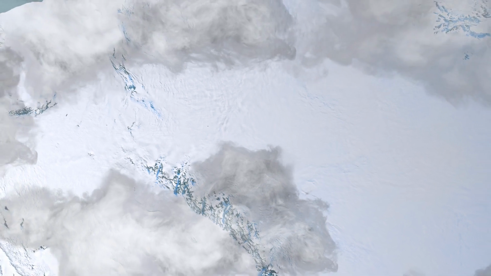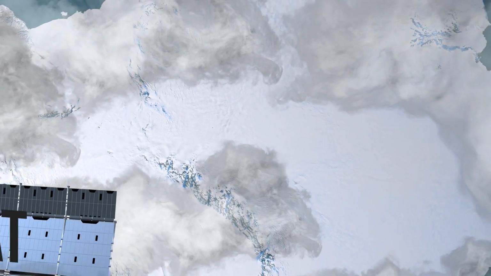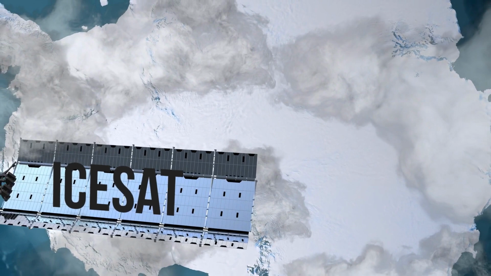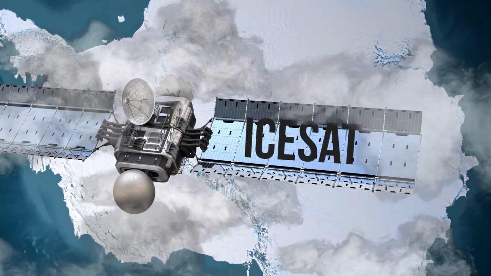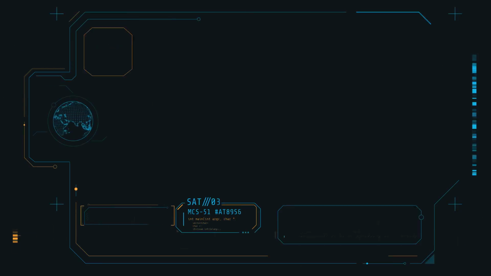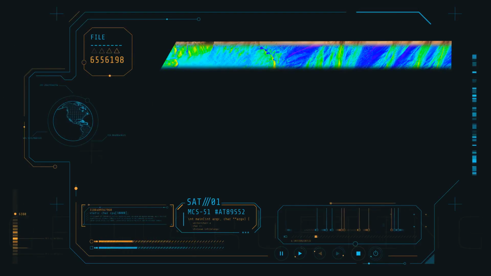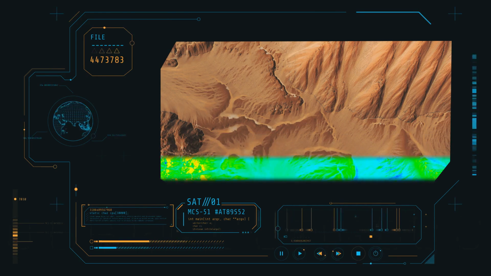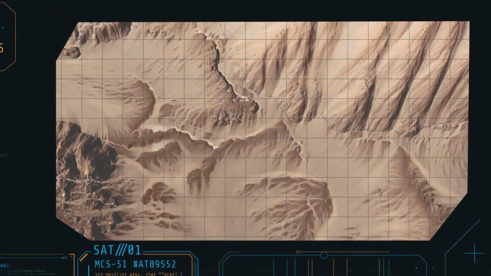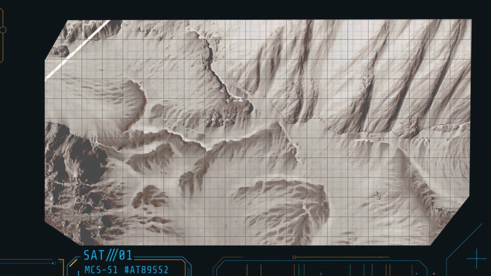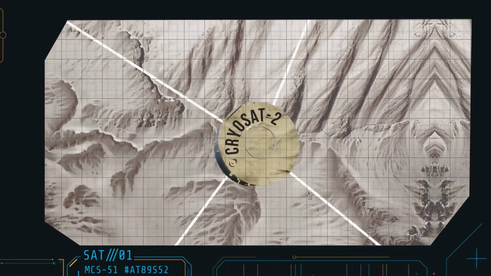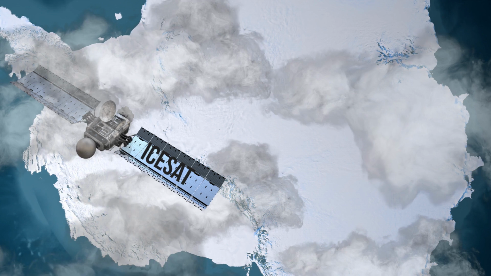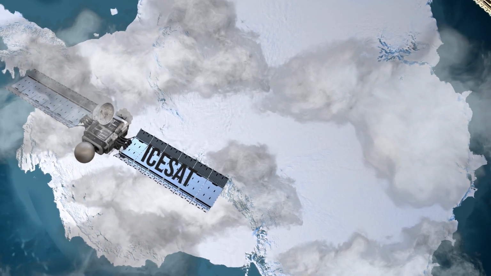In 2003, NASA launched a satellite called IceSat. It measured ice sheet mass balance and cloud and aerosol heights. The satellite also helped create the ice-free map of Antarctica. In 2010, the European Space Agency launched the second satellite, Cryosat-2. It was for tracking the changes in the thickness of the ice. Then, in 2018, NASA launched the third one,